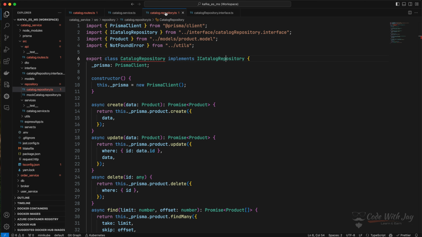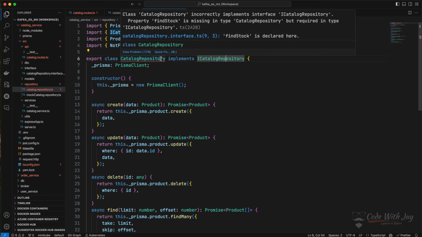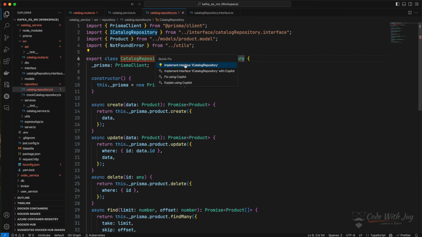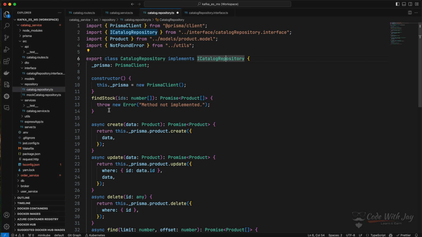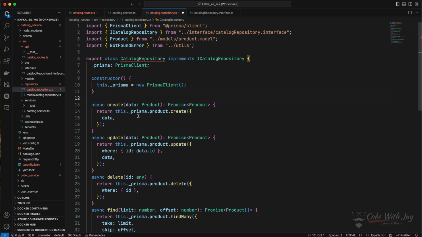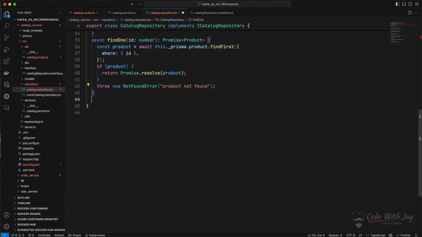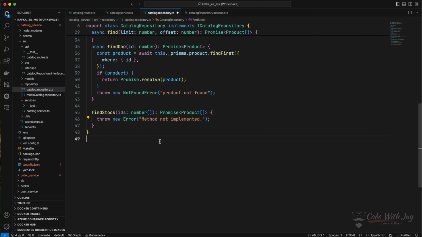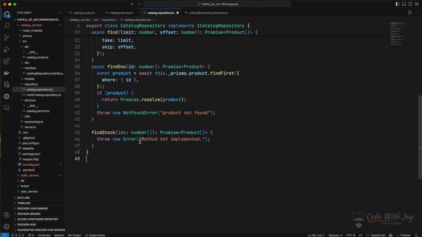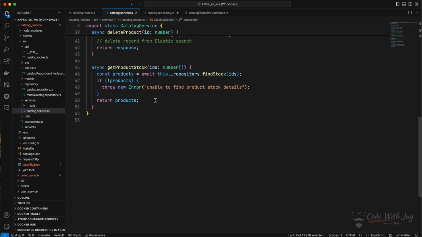Now let's go to the catalog repository once again, and it is complaining, right? So let's quick fix and implement this in the catalog repository, and move this function to the end of the file so it looks cleaner. Now here we need to implement the database logic to find all the IDs and send it back to our catalog service there, right? So while we're going to call this one, then definitely it has to return the